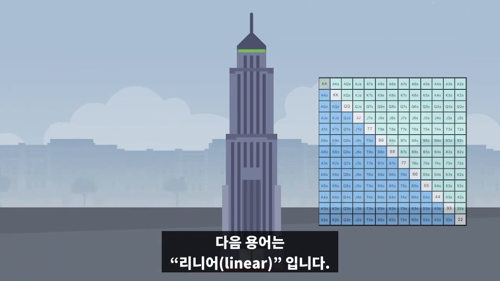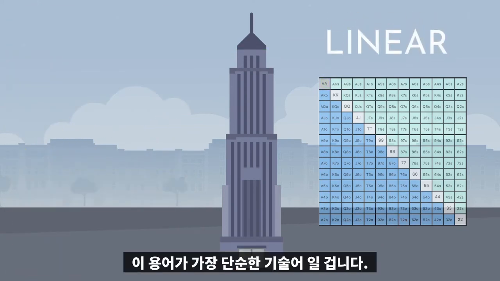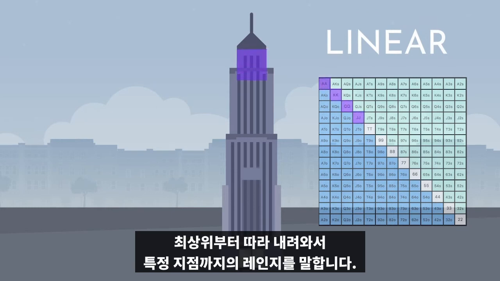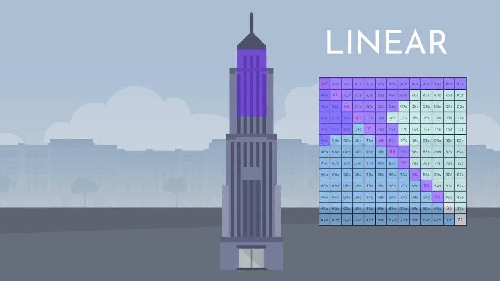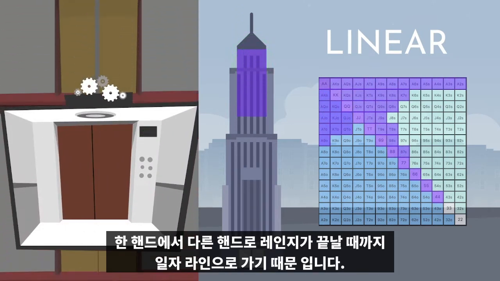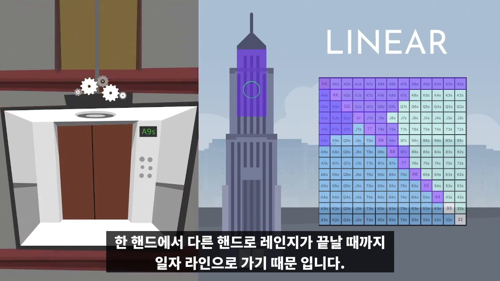Next, we have the term linear. This is probably the simplest descriptor that we work with. It relates to a range that starts at the top and works its way down until it stops at a specific point. We use linear because it conveys moving from one hand to another in a straight line until the